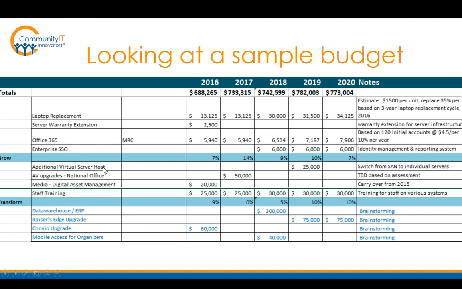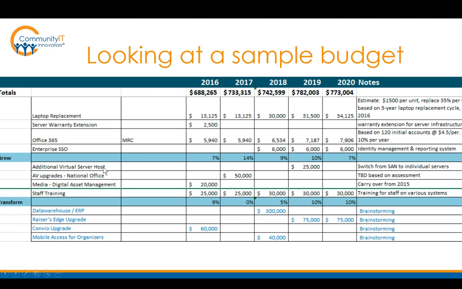Transform. Danny Shimamoto talks about there not being a correct or best ratio for that. I don't think he would say that 85 to 15 for Run versus Grow Transform is a bad ratio or a good ratio. I think it depends on constraints at a particular organization and culture and a lot of different things. But it is something to note that you keep track of who you are and you ask yourself on a regular basis, are we investing enough in things that are going to do more than just maintain the status quo?